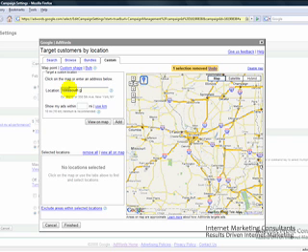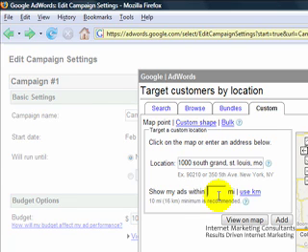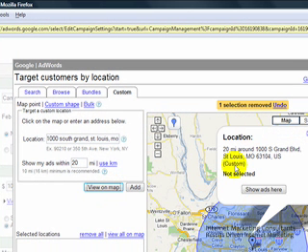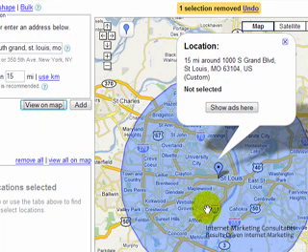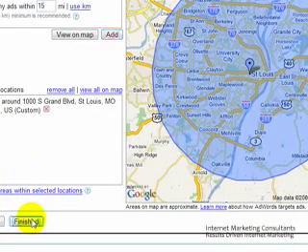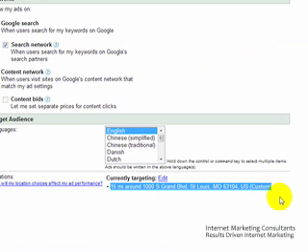Let's say your address is 1000 South Grand, St. Louis, Missouri. First of all, let's view that on the map. Okay, right now it defaults to 20 miles around that address. I can change it down to 15. Okay, so that shows me my radius, and then if I click add, it's going to add it down below here. I click finish, and now my ad is only going to show up to people who live within 15 miles